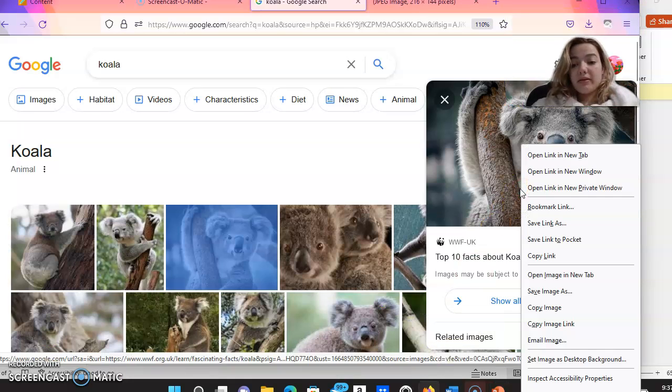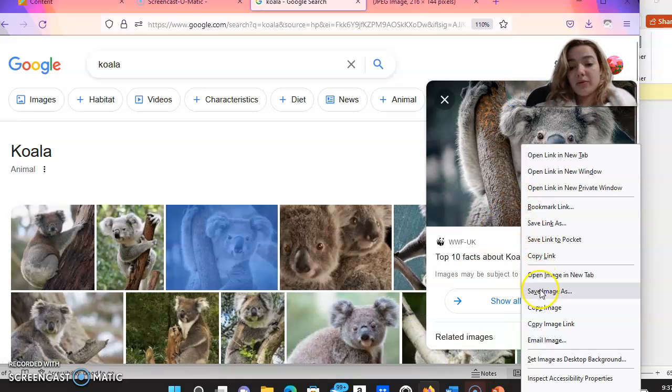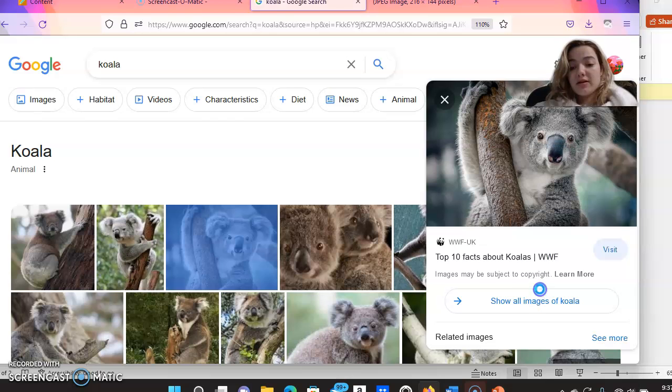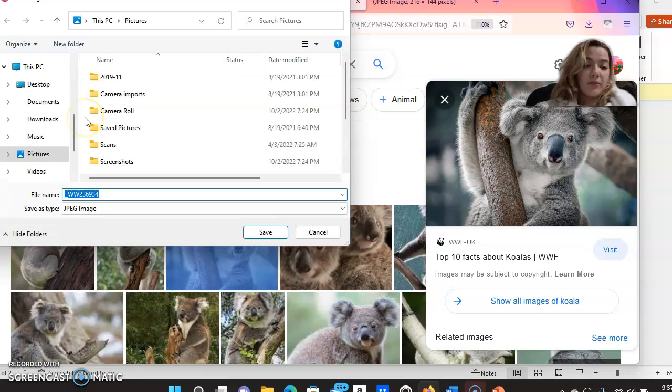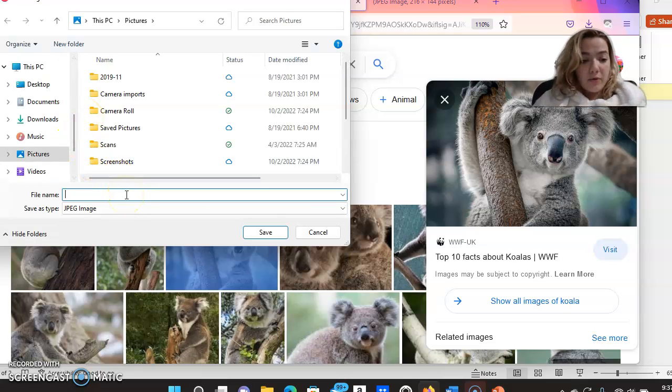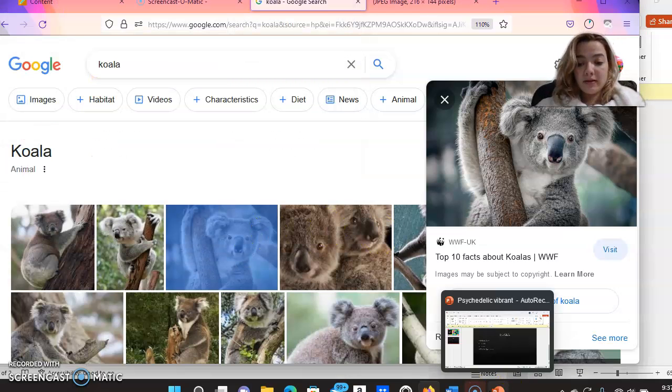So you'll right click and then you'll go to Save Image As, go to your files, it can be in pictures. I'm going to name this one Koala, and then I will save it. I will go back to my PowerPoint,